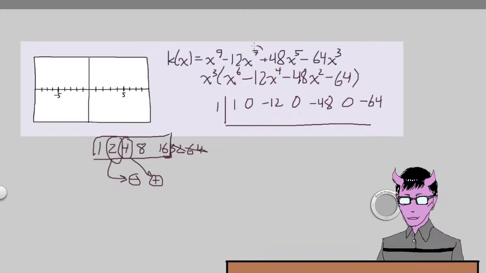3 plus 4 is 7, and then 3 plus 2 is 5, 3 plus 0 is 3, yes. Now making sure the coefficients are present, this is 1, exponent 5 is 0, this is negative 12, exponent 3 is 0, this coefficient here, exponent 1 is 0, yes, and then negative 64 is negative 64, okay. Well,